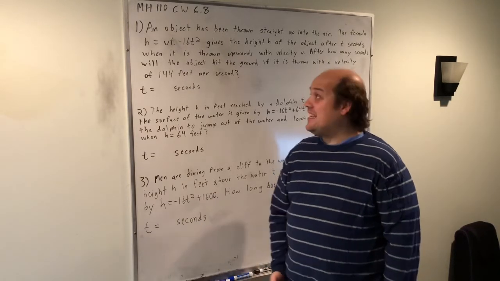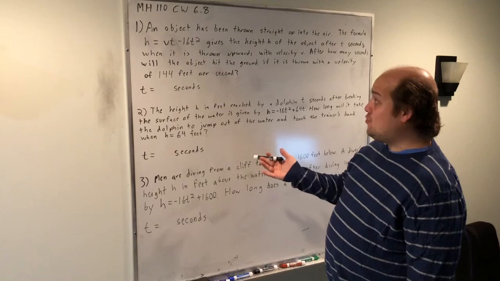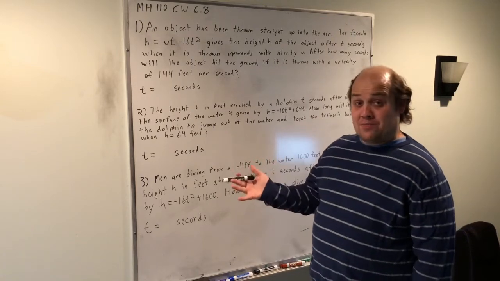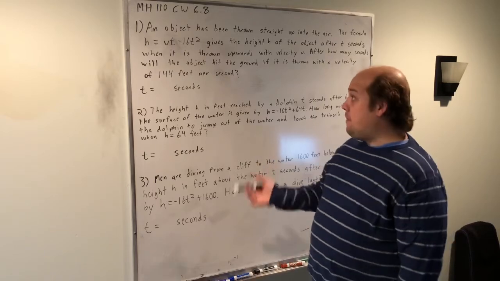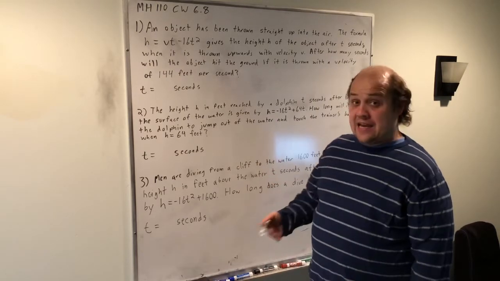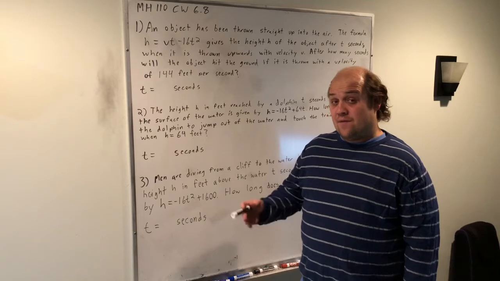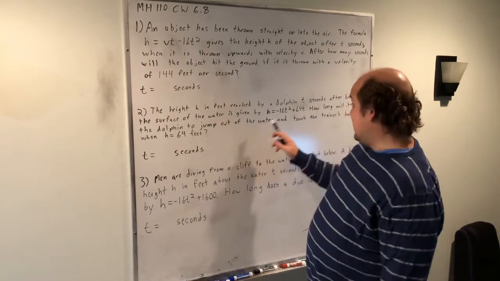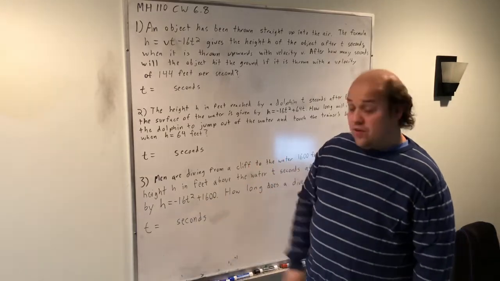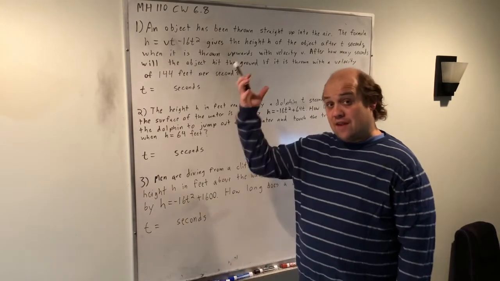The reason that it's a key number is because these are trying to keep realistic problems, and in reality, the force of gravity impacts any of these situations at an actual rate of 16 feet per second squared. So anytime that this negative 16 enters a formula, you know that it's really representing gravity and that force pulling